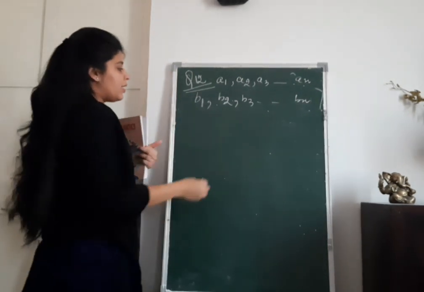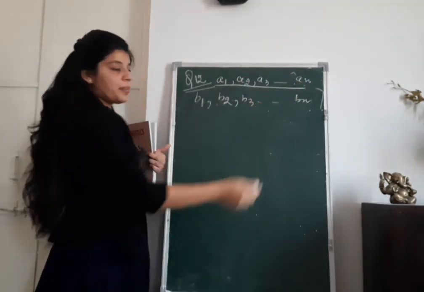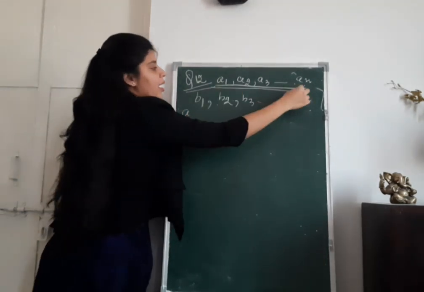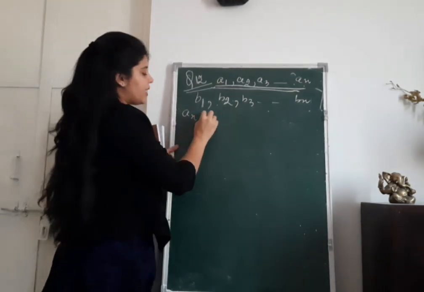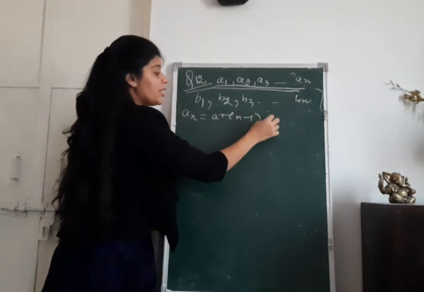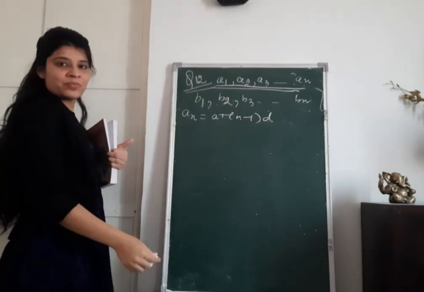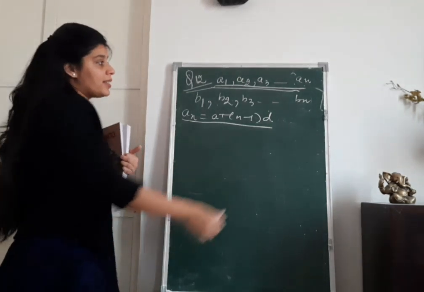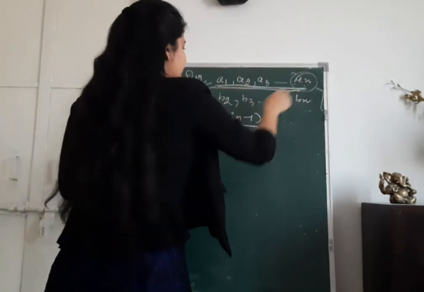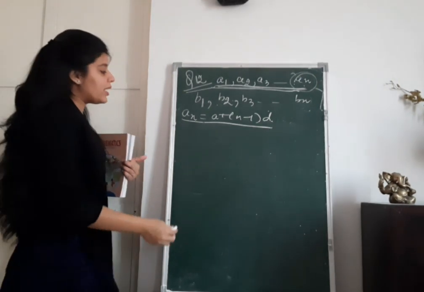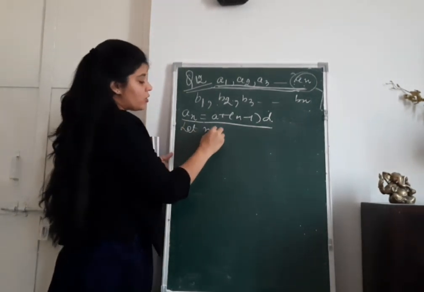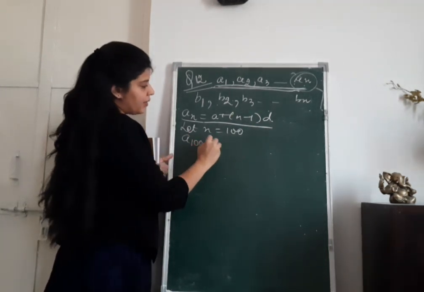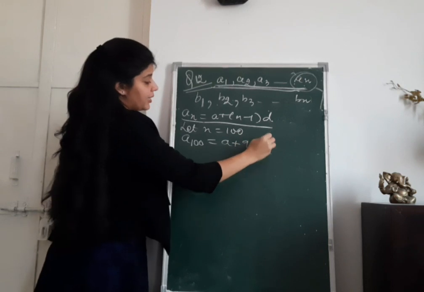Right? Now, for this arithmetic progression, A100, again using the formula An is equal to a plus n minus 1 into d. Right? For this AP, can I use An is equal to a plus n minus 1 into d? Right? Because this last term is An and An is equal to a plus n minus 1 into d. Now let's put n is equal to 100 here. Okay? I get A100 is equal to a plus 99d.